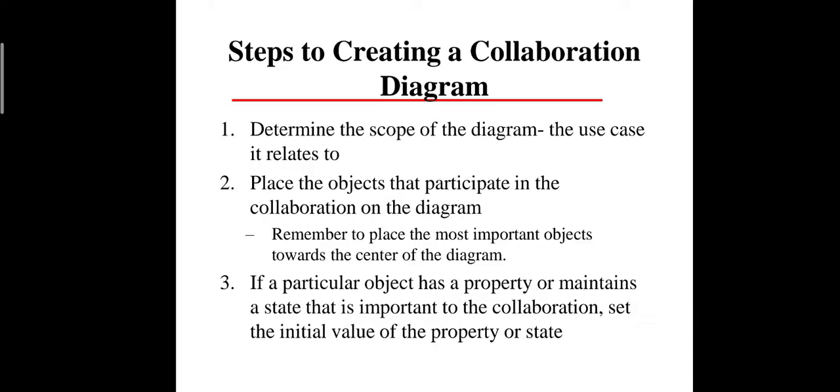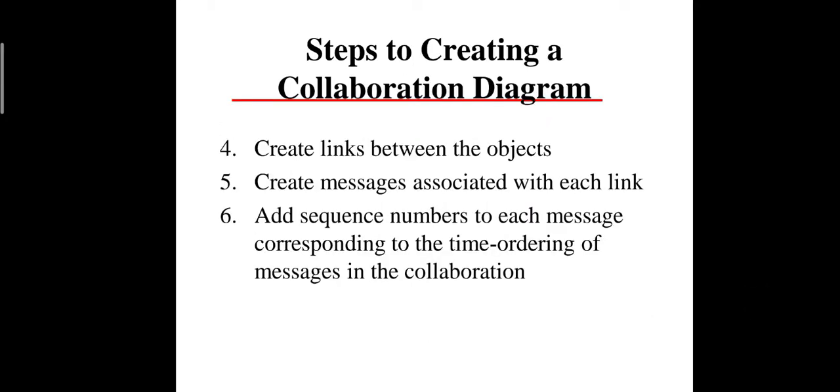If a particular object has a property or maintains a state that is important to the collaboration, set the initial value of the property or state. Next, after placing all the objects, we need to create the links between the objects. How the objects are connected to each other, we need to draw the links between these objects to show the collaboration. Then create a message associated with each link. That means whichever type of messages are exchanged between the objects, we need to create those messages, and lastly add the sequence number to each message corresponding to the time ordering of the messages